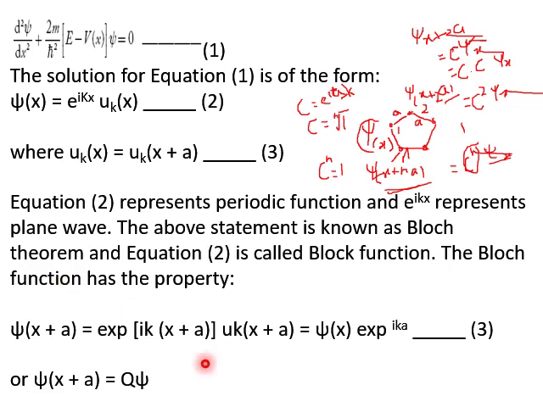हैं, हम रिप्रेजेंट कर सकते हैं ब्लॉच थ्योरम को। तो सेकेंड फॉर्म क्या बोलता है कि साई x प्लस a इज इक्वल टू साई x ई रेज़ टू पावर i k a के होगा। अगर इस फंक्शन से भी इसे सॉल्व किया जा सकता है। इसे सॉल्व करने का सिंपल सा तरीका ये है, यहाँ पर x प्लस a रख दो, तो यहाँ पर x प्लस a हो जाएगा, फिर e